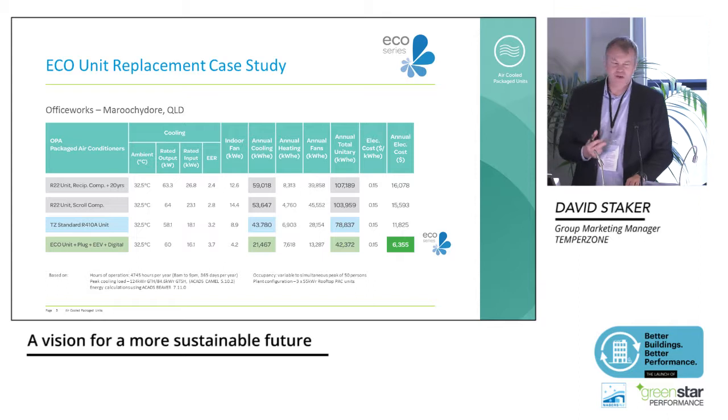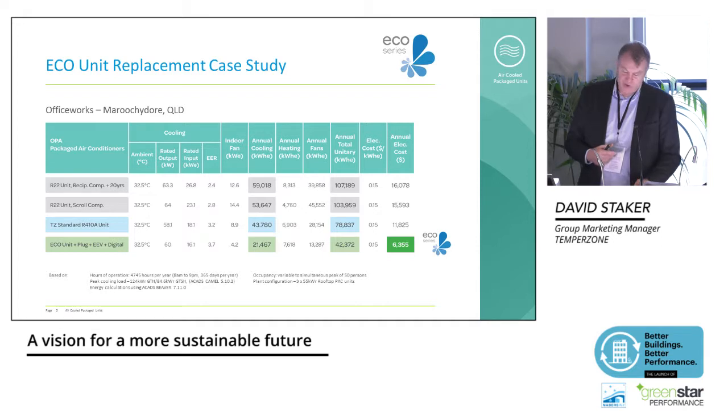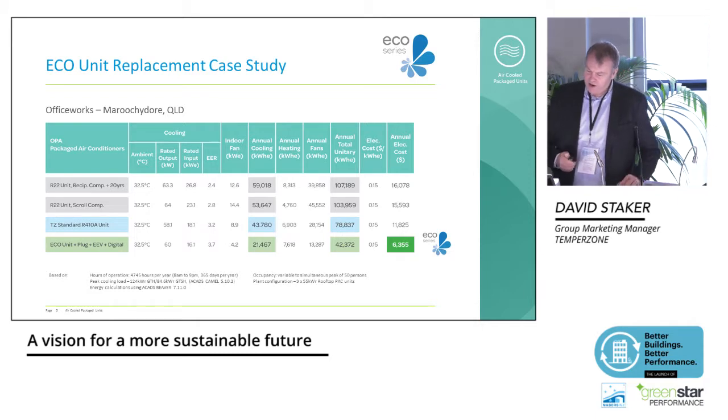Filters, we like to call them rock stoppers around our office. Humidity was controlled, but quite often humidity was controlled by reheat. And so not necessarily the most efficient way. But what I'd like to do is take you through how, as this expanded, we started looking at, well, I've